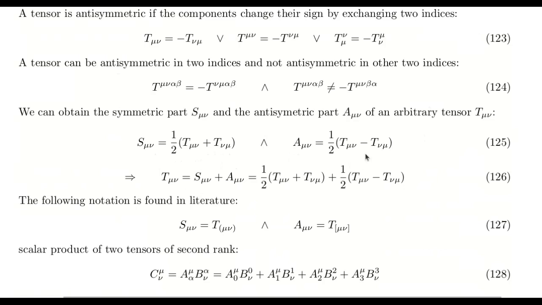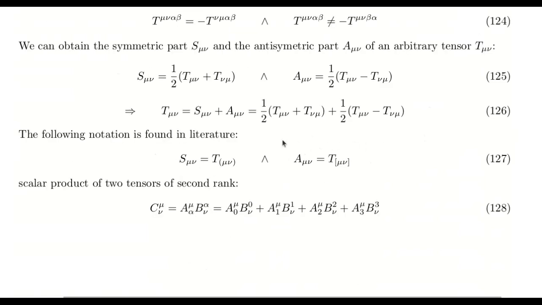With a factor of a half, because it's the double value again, we get the antisymmetric part of the tensor. And of course, if we add those two things again, we get the original tensor. T mu nu is then the sum of the symmetric and antisymmetric part, or we can write it out here